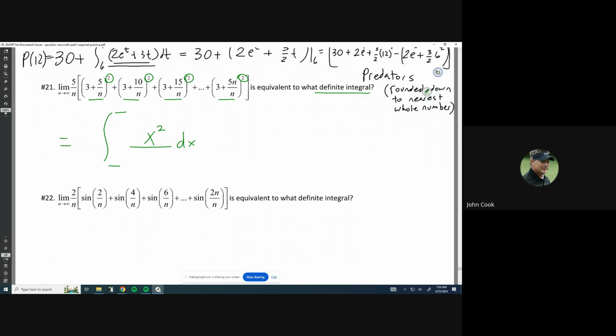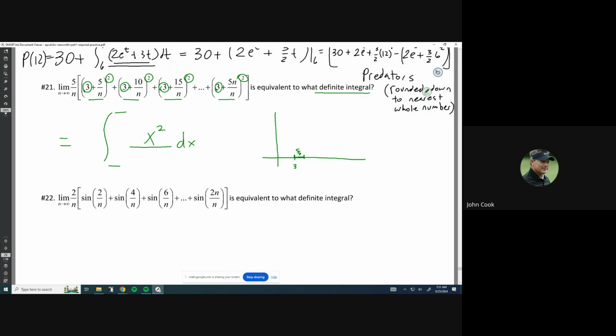And then to find the beginning value, you again just look at your sequence, because that represents the x values. And this 3 over here tells you where the integral is going to start. Technically, along your x-axis, if you have 3 plus some value, it means that you're starting at 3, okay? And then what you're doing is adding on a different number to get to the next x value. So the first x value would be 3 plus 5 over n, so it'd be over here somewhere. And then if I did 3 plus 10 over n, that would take this same distance, which is 5